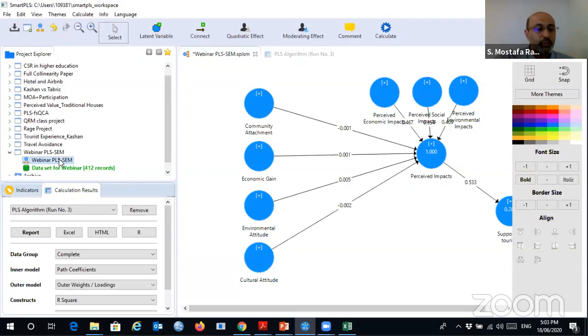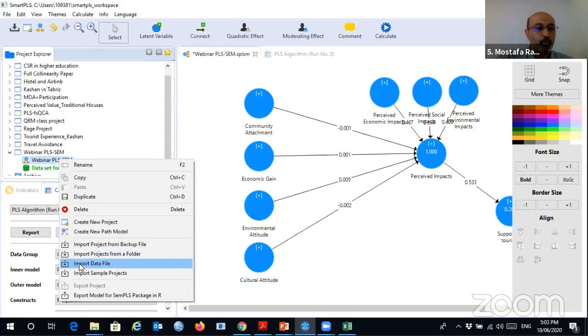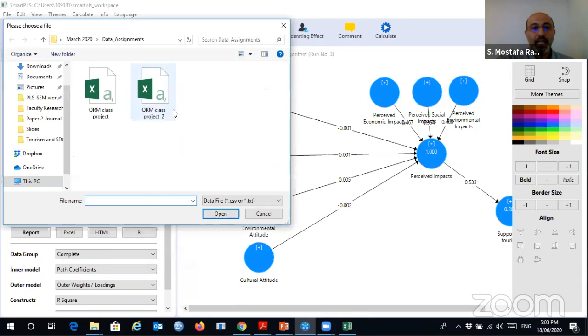In my model, now I need to import new data set to use for my framework. So right click and import new data. Import data file. Based on using this option, we can import new data file to use for our framework. So click on import data file, and here